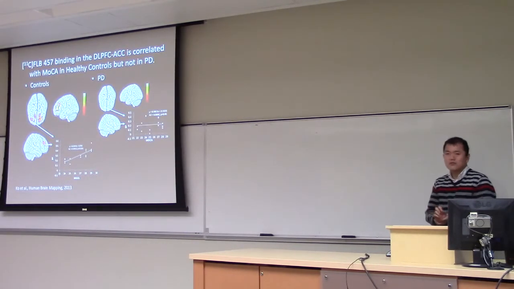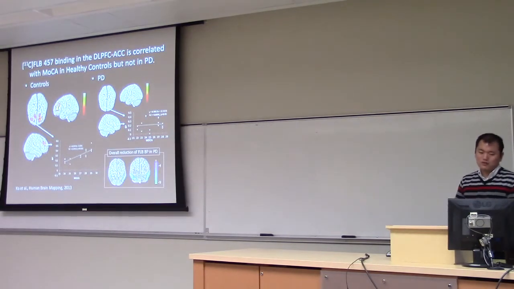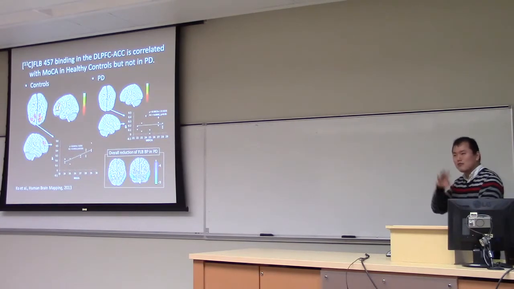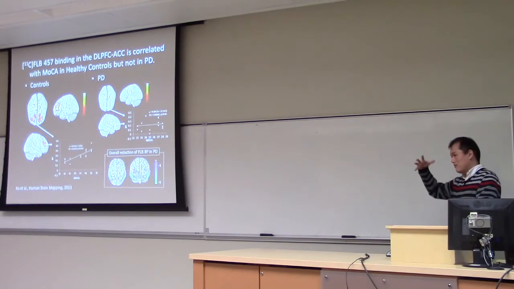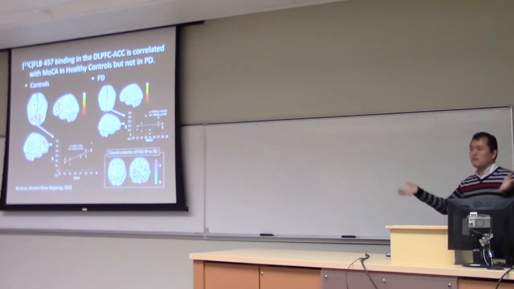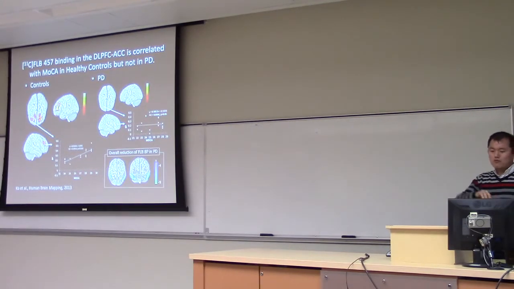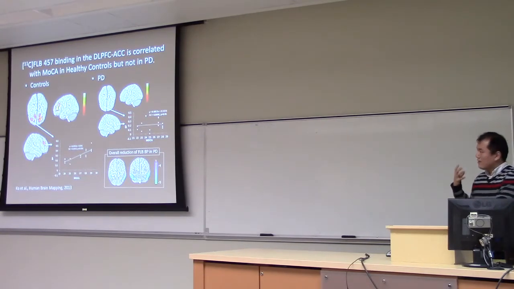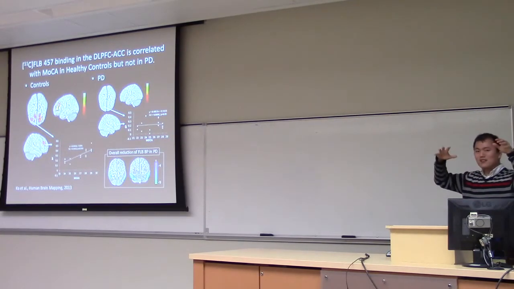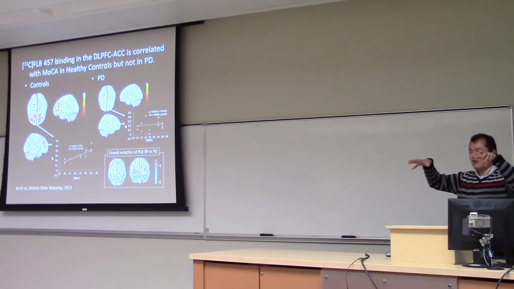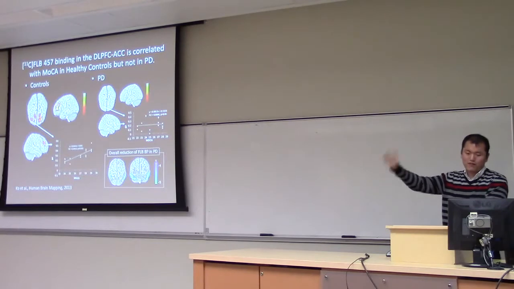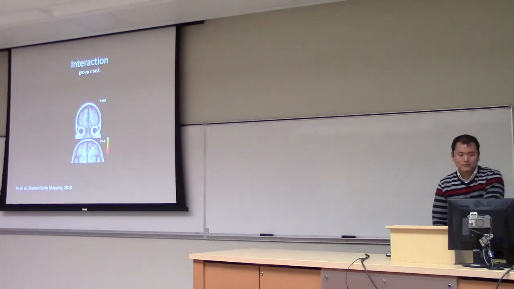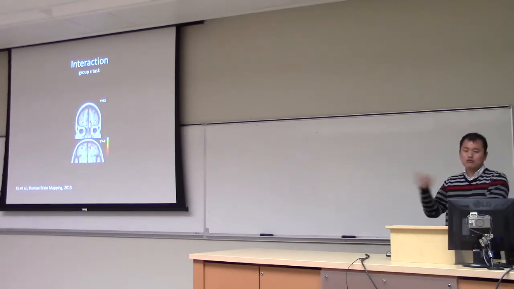But this type of correlation was not observed in the PD patients, possibly due to the overall reduction of FLB binding in PD patients. As I said, raclopride binding potential was increased in the PD patients because the dopaminergic cells are degenerated and there's an overall compensatory upregulation of the D2 receptors in the striatum. But if you use FLB, you can scan the extrastriatal regions, and FLB binding potential is actually decreased in PD patients. Post-mortem studies suggest that the D2 receptor density is not decreased. So it may mean that in the baseline condition, these patients release more dopamine as a compensatory mechanism, so that there's competition for FLB to bind to dopamine receptors, and FLB binding is decreased. We also looked at the interaction effect of group versus task, and there was